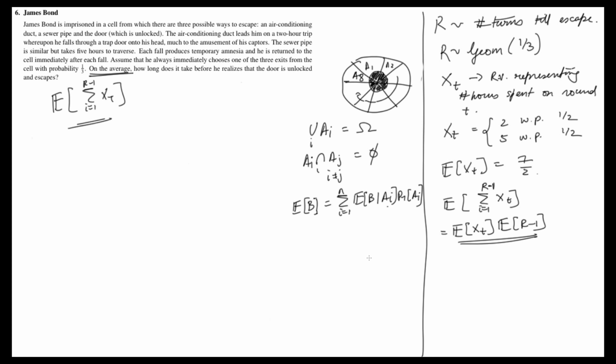So the expectation of B is equal to the sum over all A_i of the expectation of B given A_i, times the probability of A_i. So this is using conditional expectation, we can prove this, right? So how do we do that? Let's look at this. The A_i in this case are going to be the events corresponding to the different values that R can take.